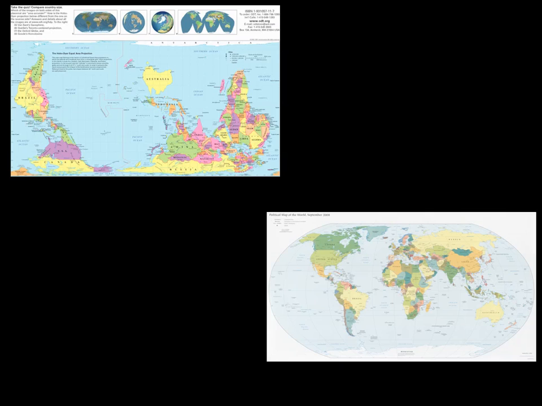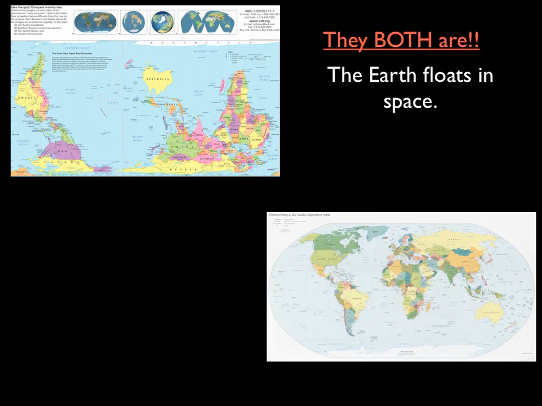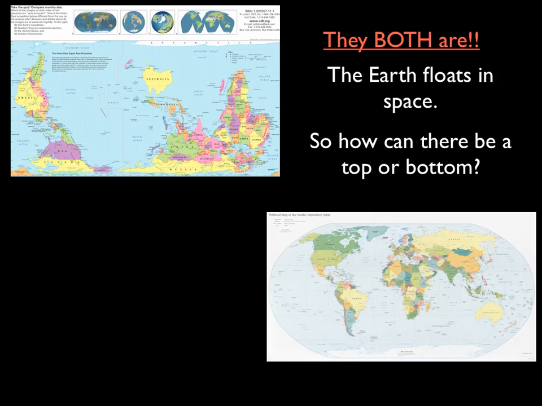So let's take a look at these maps again. Well, what's the correct answer? The fact is, they both are correct. And the reason for this is you have to keep in mind that Earth floats in space. And in space, there's no up or down, top or bottom, left or right. That sense of space and directionals don't exist out in space. So therefore, there really can't be a top or a bottom, a correct side and a wrong side. So first let's examine